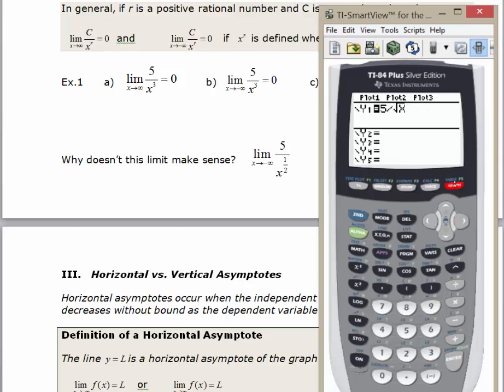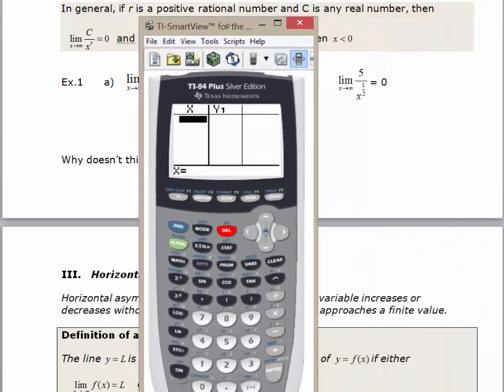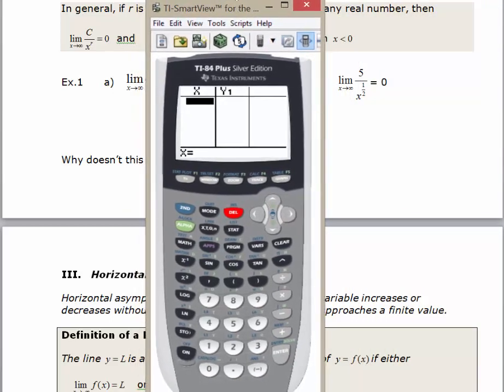I'm going to go second table. I'm going to delete the values that are there. And we'll do the same thing. We'll start off, say we put in a 1. 5 divided by 1 is 5. If I let x equal 10, I get 1.5811. X equals 100, I get 0.5. 1,000, I get 0.15. 10,000,